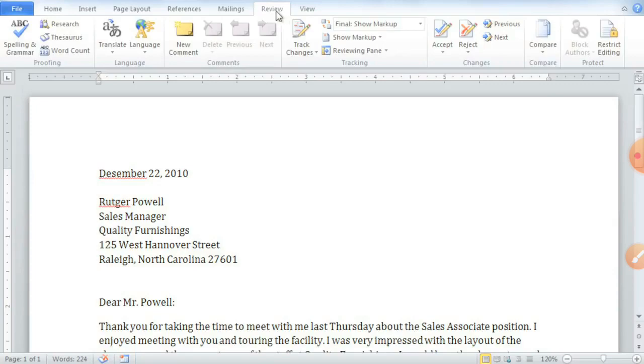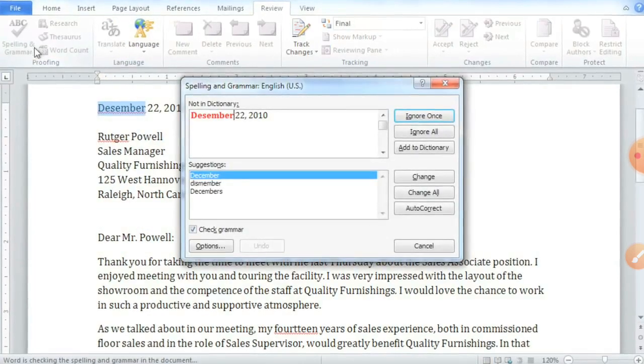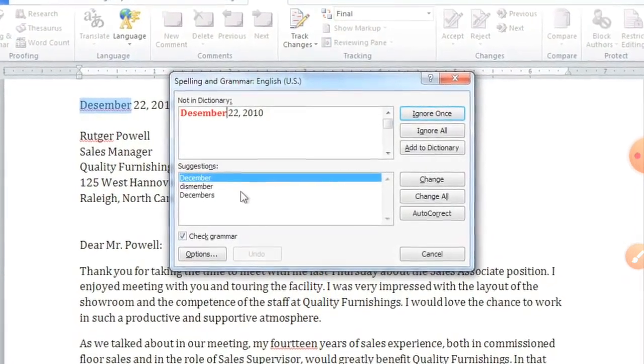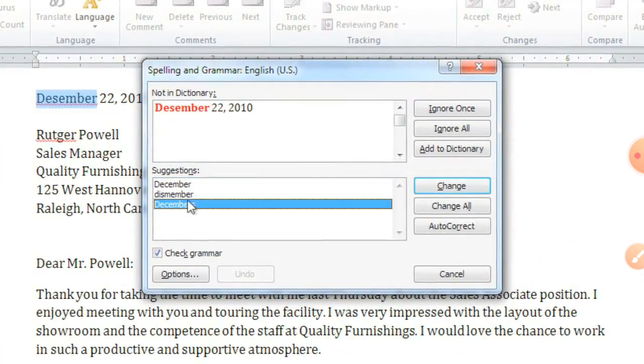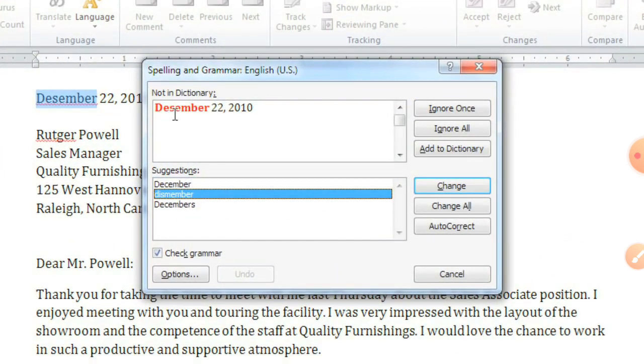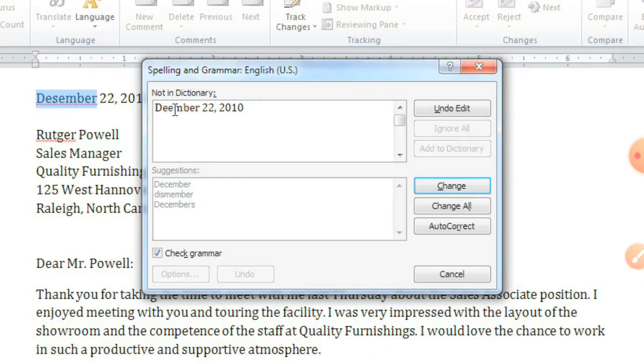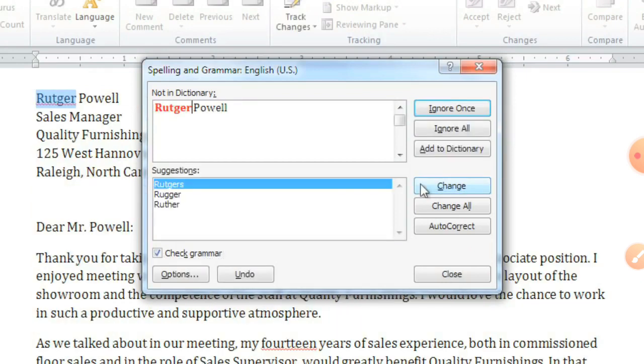Now, student, we have some written or typed matter here. You find the red wavy line here. For the correction, go to the Review option, then Spelling and Grammar. When we click here, we find this dialog box. Now it says December, it should be "not" here, and you can correct manually or select by the suggestion and click on Change. If you have written it everywhere, you can Change All.